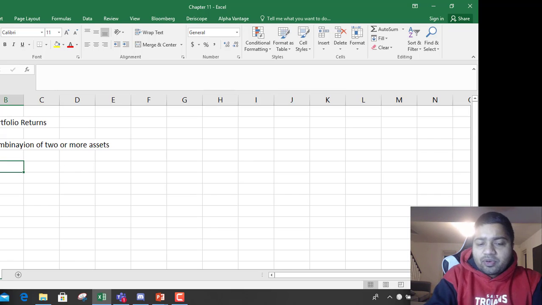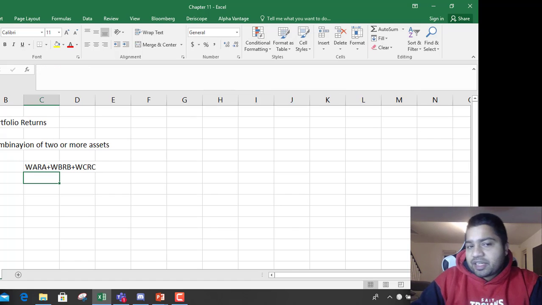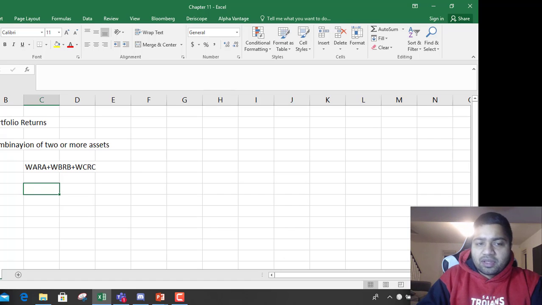Now how do you find portfolio return? So portfolio return, or let's say return on portfolio, RP, is equal to weight of asset A into return of asset A plus weight of asset B into return of asset B plus weight of asset C into return of asset C. If there are more than three assets, you continue with weight of asset D into return of asset D, and so on and so forth, where